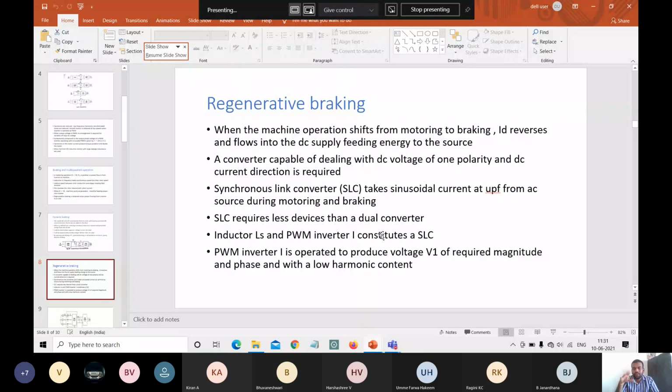Okay, so in regenerative braking, we are reversing the supply, and that is the first step. Normally in the braking operation, the energy flows from the machine into the inverter. By combining these two operations, that is flowing the power from the machine into the inverter and also reversing the supply, the diode current ID reverses its flow, and the DC supply energy is fed into the source.